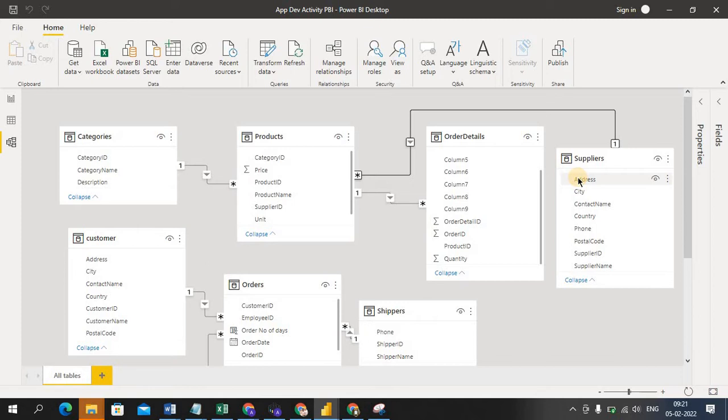So I can get some information from this supplier: country and supplier name. These two fields I can get, because what I am trying to explain here is all tables are individual, but each table maintains a relationship with the other tables.